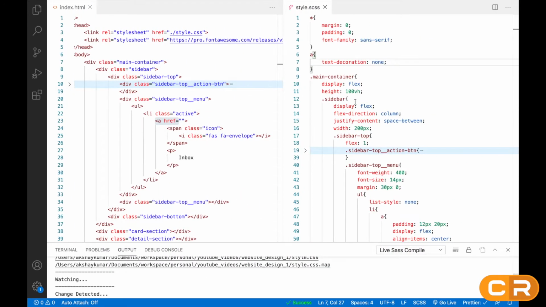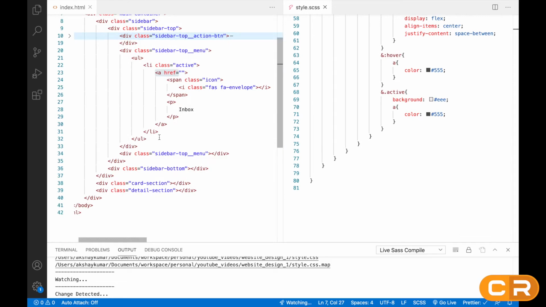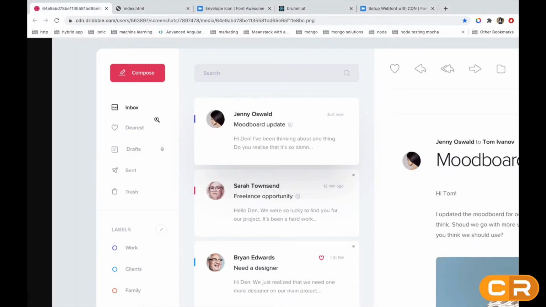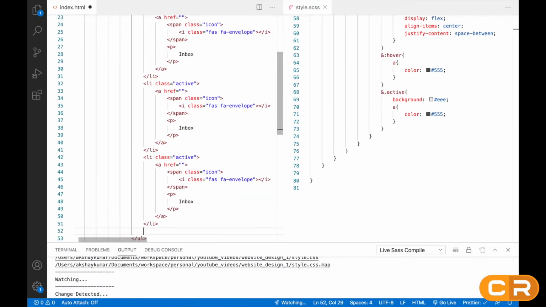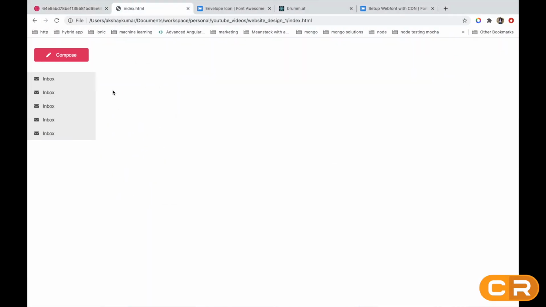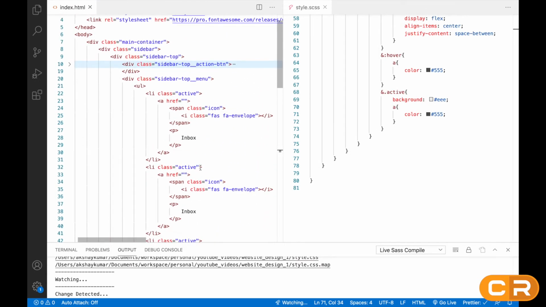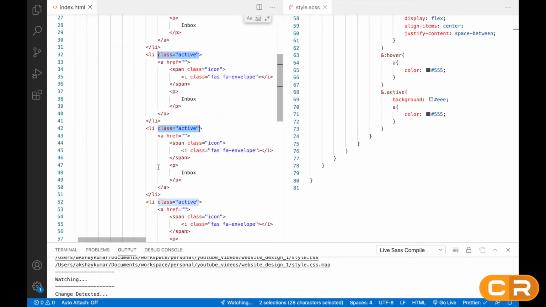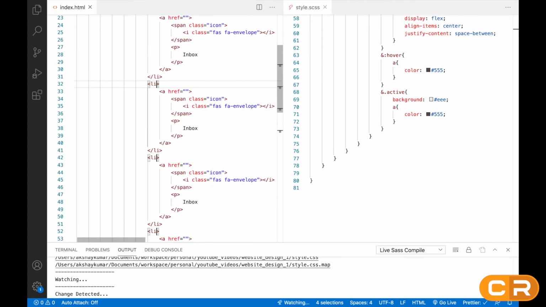So now after this, we'll quickly duplicate these LIs, right? So we need 1, 2, 3, 4, 5. 5 LI, right? So we'll just quickly paste these. So like this. So we have to remove the active class. So I will remove from these 4 elements, right?